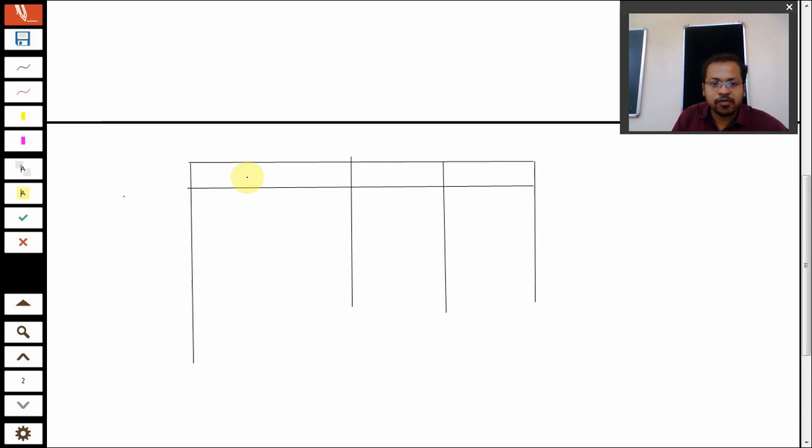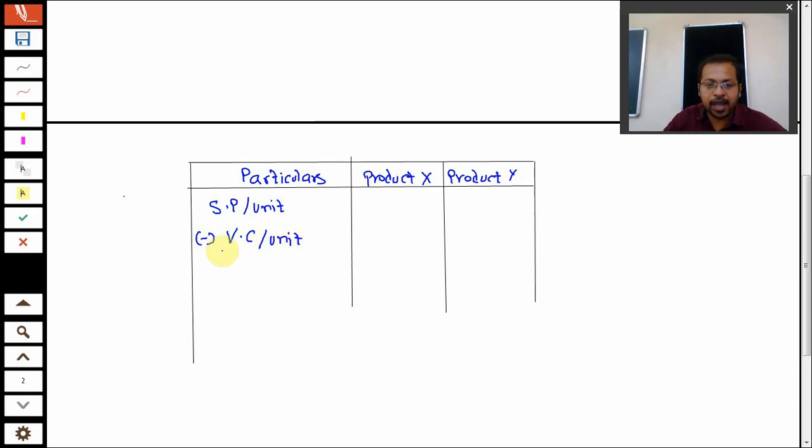So we will write particulars here, product X, and here product Y. First we'll write selling price per unit. From that we will minus variable cost per unit, and when we do this, then what do we get? Yes, we get contribution